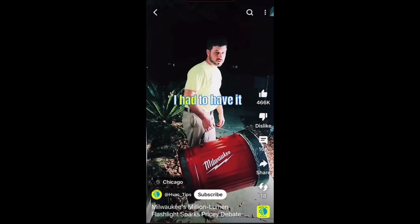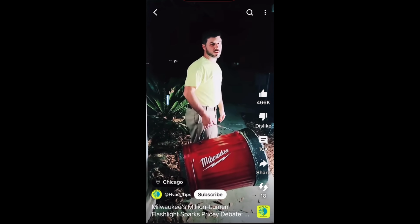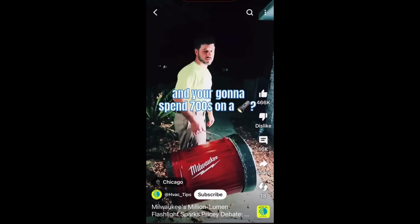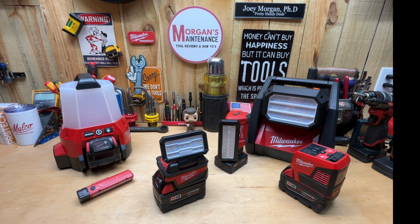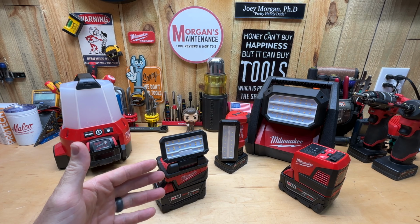$700? You're joking. I had to have it. It's a new M480. It's a million lumens. It's a flashlight. It's a million lumens. I am pregnant, and you're going to spend $700 on a flashlight? I had to have it. So that's not exactly how the conversation went because Miss Maintenance is not pregnant, but it was very much what